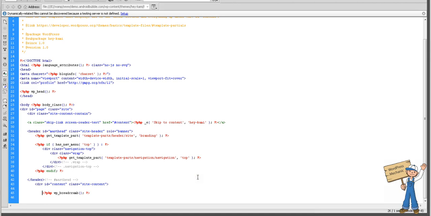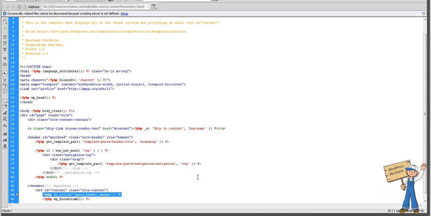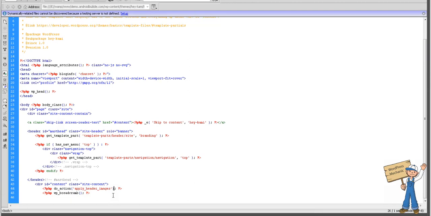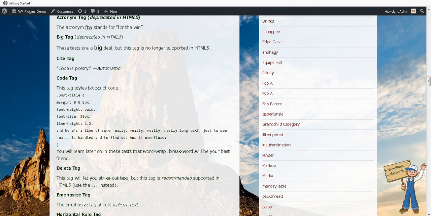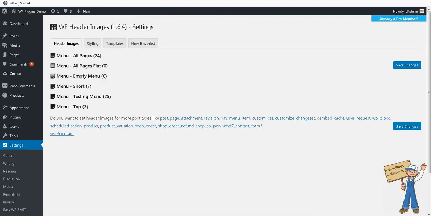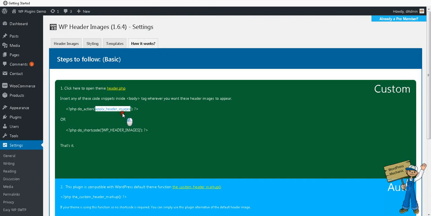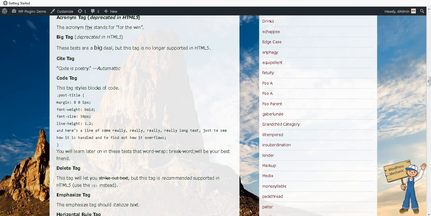and maybe he mistakenly pasted it inside the sidebar area, and the sidebar was having something already opened, like a tag open, and before closing he pasted it somewhere there, which was a wrong position. You should paste it before the header, inside the header, maybe inside content, but be careful wherever you paste this shortcode, which you will find in the how it works area, this one. So be careful to paste it where you want this image to be,